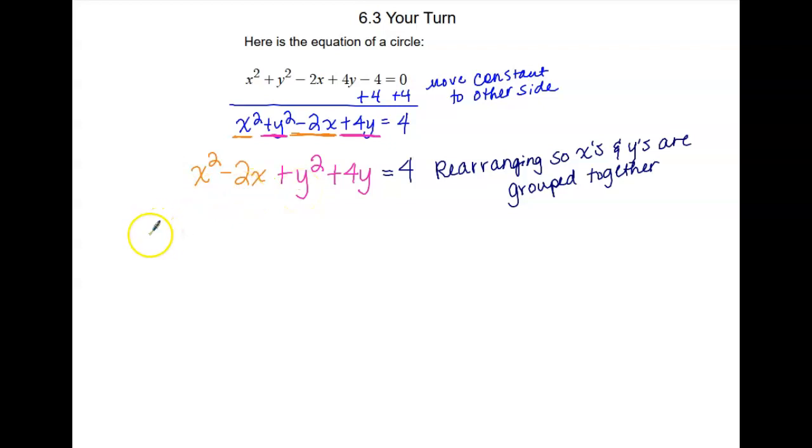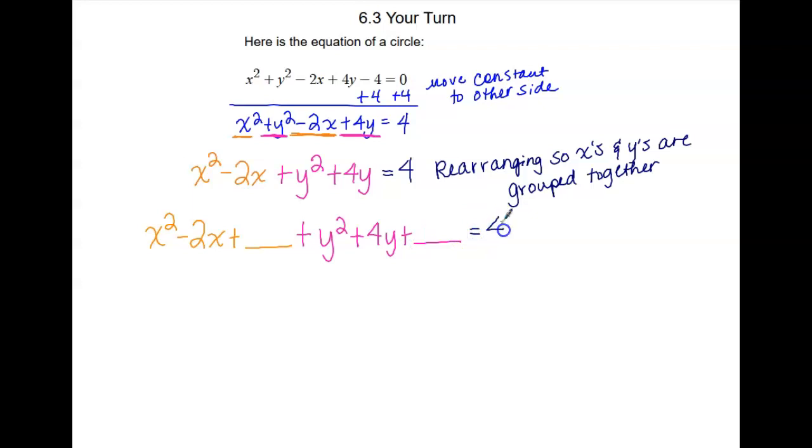So I'm going to take this, x squared minus 2x, and we are going to turn that into a squared binomial by putting something at the end. And we're going to do the same thing with this one. So this part right here is just like what we did in the beginning. We had to figure out what number goes here. We're going to do that again. We're going to do it once for the x's. We're going to do it once for the y's. So plus y squared plus 4y plus something